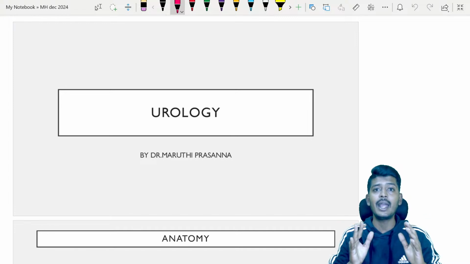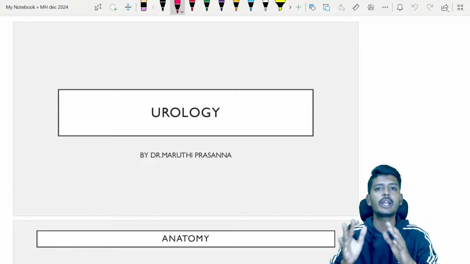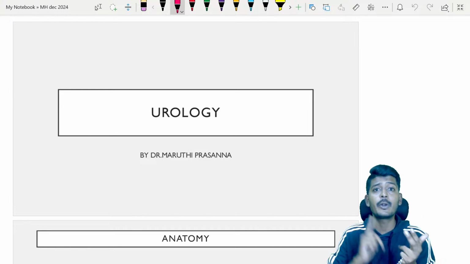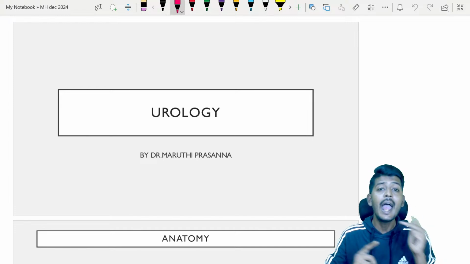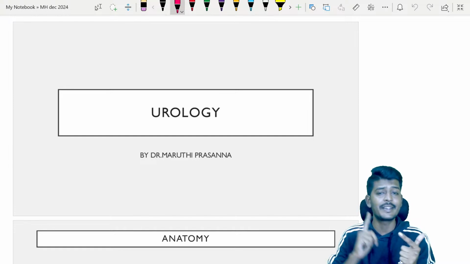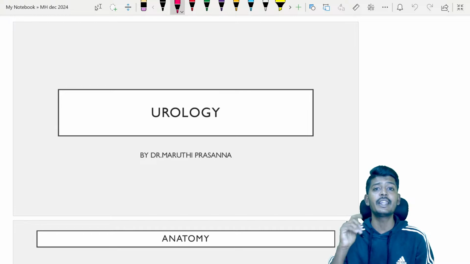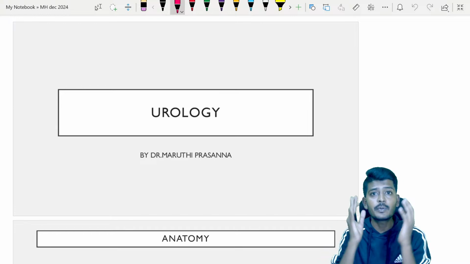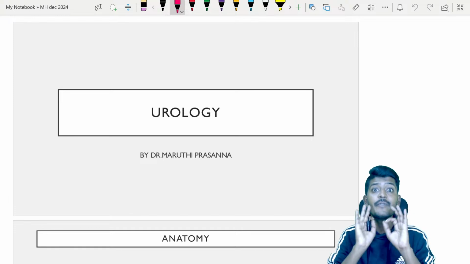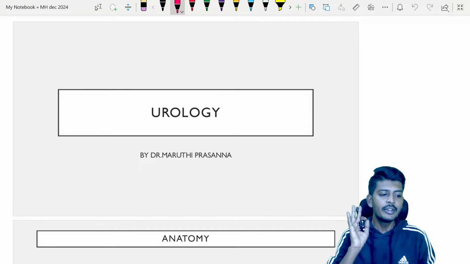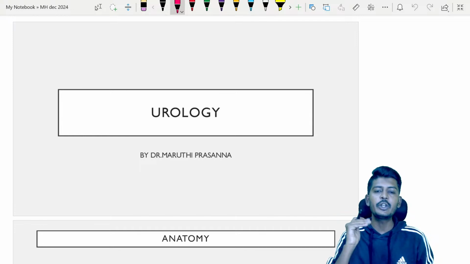No, not like that. Most of the time you tend to recall and study the trauma part, abdominal trauma and thoracic trauma. You also study other parts such as burns, and you leave out the main important things, such as urology and GIT. Urology is a smaller system with respect to our FMGE syllabus. Since it is a very small system, we tend to leave it out.